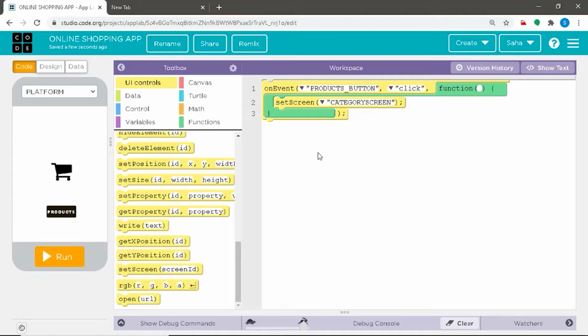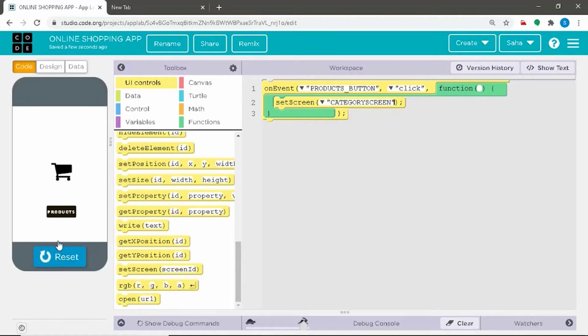Shall we see if it works? For seeing if our code works, we shall firstly compile by using the run button in the visualizing section. Our code has compiled. Now we shall click on the products button. As you can see, it has directed us to the technology screen or the household screen buttons. Now, I shall try clicking technology or household. Nothing happens because we have not yet defined the terms technology and household. So we shall reset it.